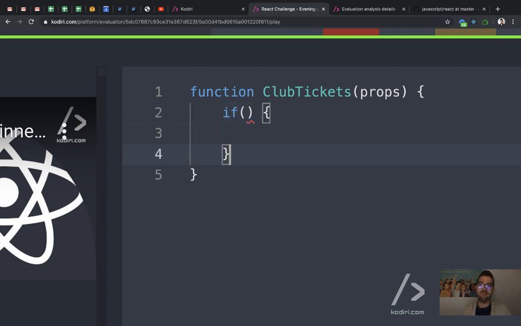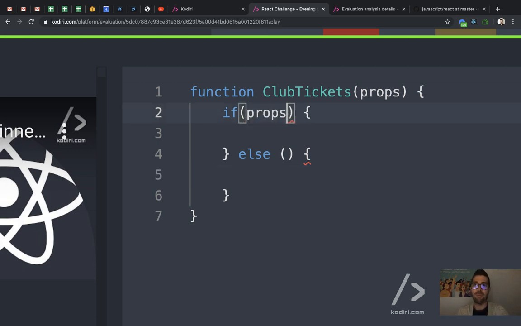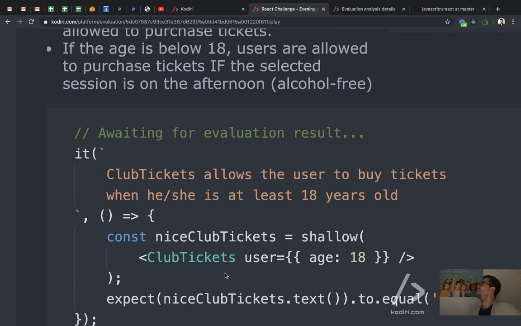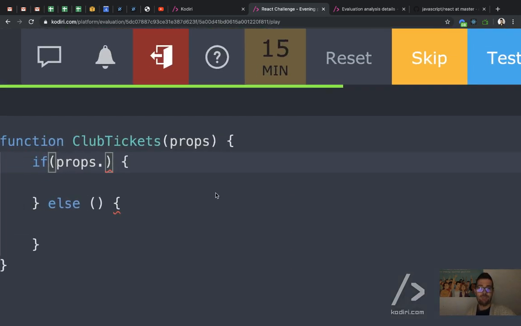If, else. If you've never done any if-else statement, please refer to JavaScript beginner material once again. So if props dot... wrong. Why props dot h? I think that's why you failed here. Correct. The property we are passing is user. So it's props.user, and then we can check props.user.age